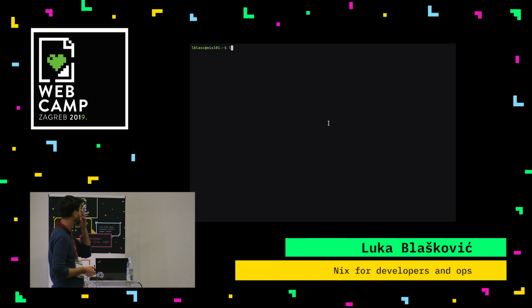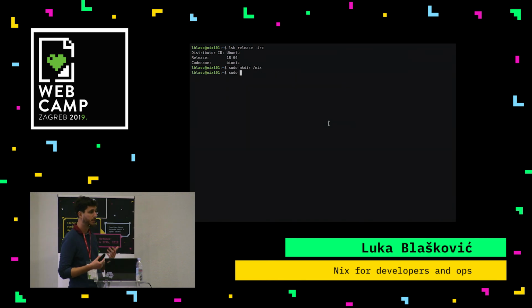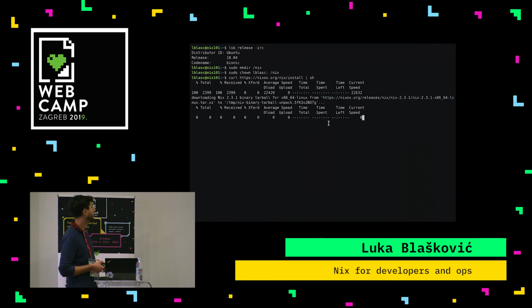Okay, so first we'll start with the installation of the Nix package manager. You can install this package manager side by side with your existing package manager if you are using a Linux distribution, or you can even install it on your Mac. It will work normally on your Mac machine. So this example will show the basic installation in single user mode, where